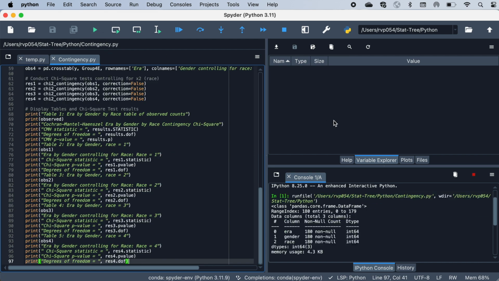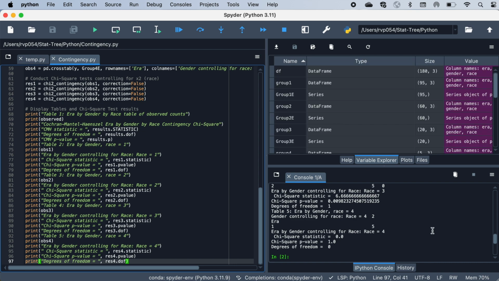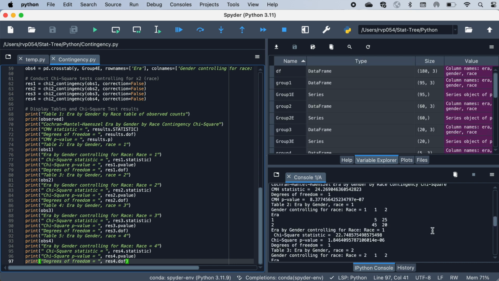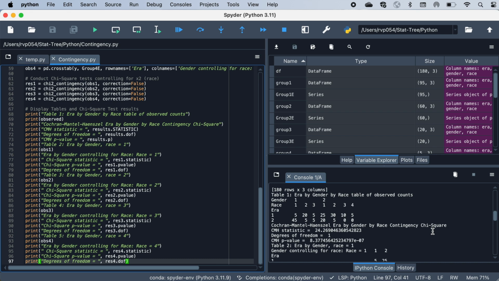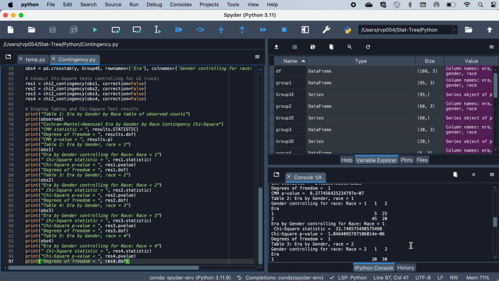Python will generate an output in the console window. As with all statistical tests, the first result to look for is a significance figure associated with the test score. If the significance figure meets your preset criterion, you will need to report your test results in your research paper. You will find that significance figure here. Here are your test results. You would report these figures as well as the degree of freedom figures.